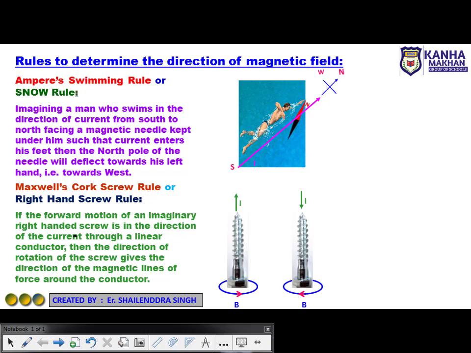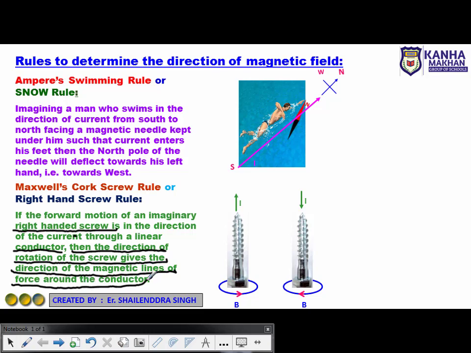If the forward motion of an imaginary right-handed screw is in the direction of the current in a linear conductor, then the direction of rotation of the screw gives the direction of the magnetic lines of force around the conductor. Current must be directed along the direction of motion of the screw, and the direction in which your screwdriver or finger rotates will provide the direction of the magnetic